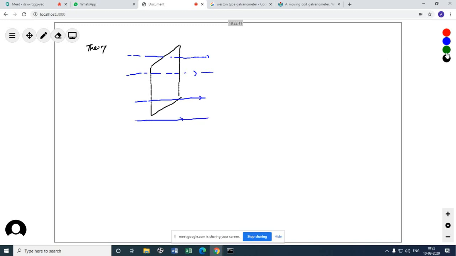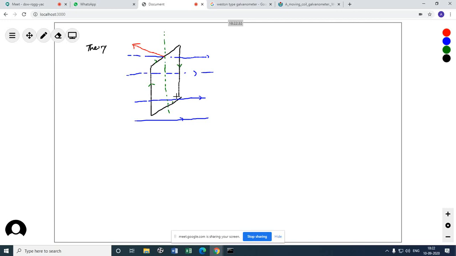Okay, and there is a spring at the bottom. This is the axis of the coil, this being the needle. Just imagine, I am just drawing this is the needle. Okay, and if this is the direction of current,